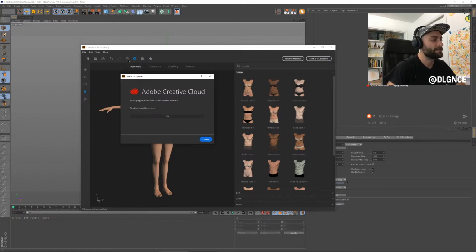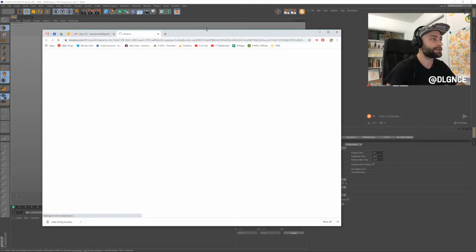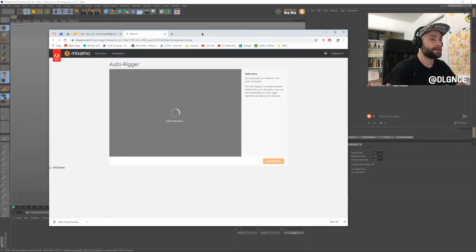So now what I'm doing is just sending this directly over to Mixamo. It's a really cool little feature, both Adobe Fuse and Mixamo are included in Creative Cloud. Super duper handy. And there's a couple ways you can do this. You can use this just to rig your character, which is really nice because it'll give you a super clean rigged setup that's all bound to the geometry and usually is quite clean. And I've used that in a couple ways. One way is to just simply rig it and pose it myself. Another way to use it is to